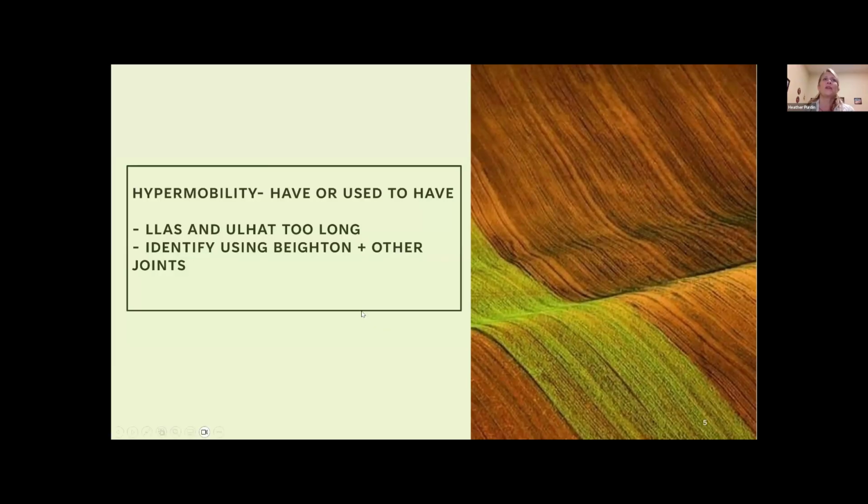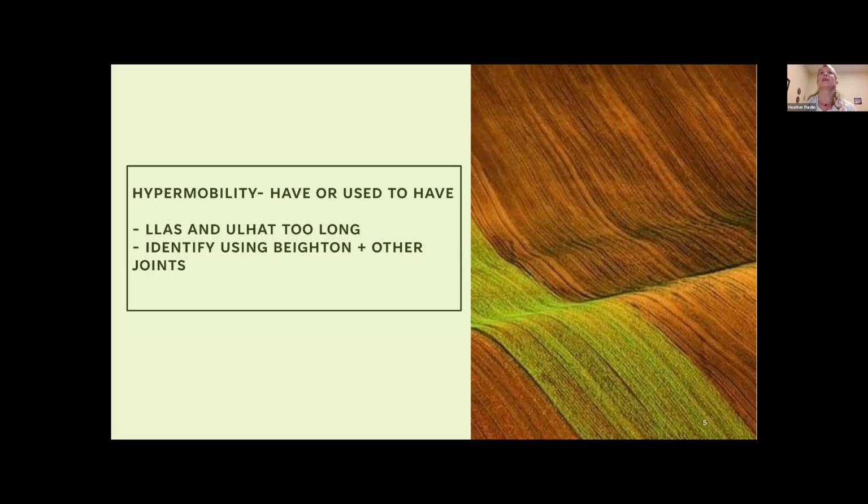The lower limb assessment scale, or LLAS, and the upper limb hypermobility assessment tool were tools that physical therapy researchers had come up with, 12 points covering most of the major joints in the upper extremity and the lower extremity, in order to define hypermobility in other joints that the Beighton doesn't cover. So the Beighton is currently the scale that's being used that involves pinkies, thumbs, elbows, touching the floor, and hyperextending the knees. But we were finding that a lot of patients had hypermobility in other joints and they were getting missed. And so the doctors have been playing with the LLAS and the OHAT over the last few years